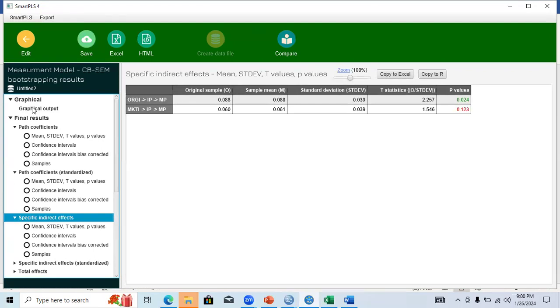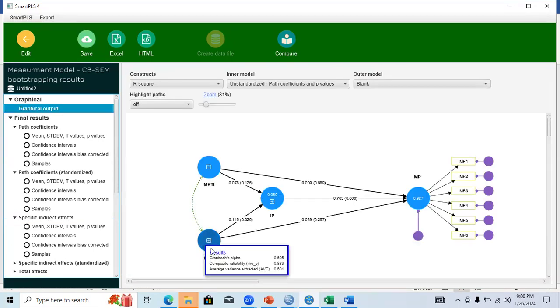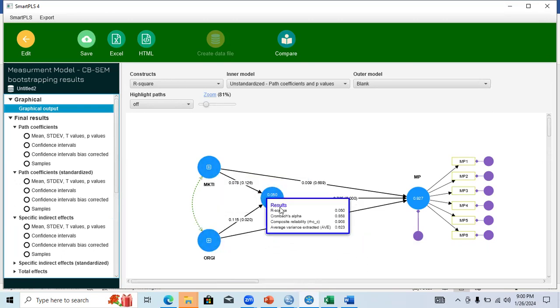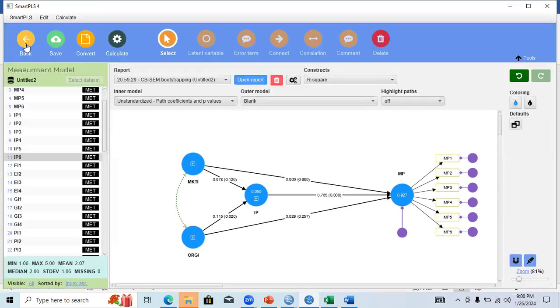So here we can conclude that in case of ORGI, the mediation impact is significant, but in case of MKTI, the mediation impact is not significant. So how is the moderation impact considered over here?